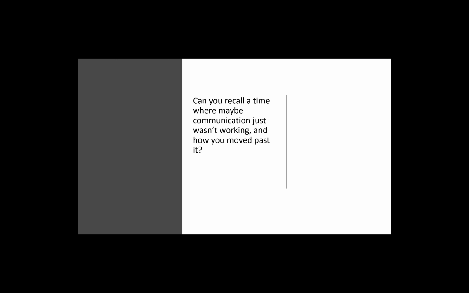And as much as we all prefer to talk about success, sometimes we do learn more from our mistakes. Can you recall a time when communication just wasn't working well, and how did you move past it? There's a particular project that comes to mind, and I think we did a really good job on the project itself, but there were key stakeholders using the system who actually preferred the old system. Even though they might not have ranked very high within the organization, they held a lot of power in terms of the systems being used because they were the ones using it. A little bit of an older generation, they refused to use the system, and they ended up going back to their old system because this particular person refused to use the new one.